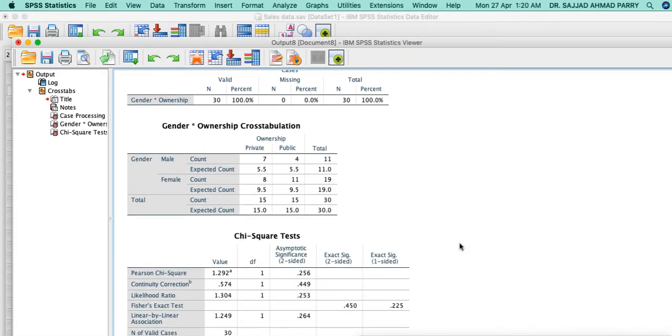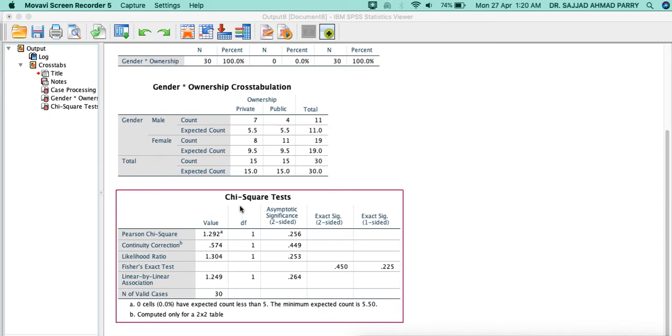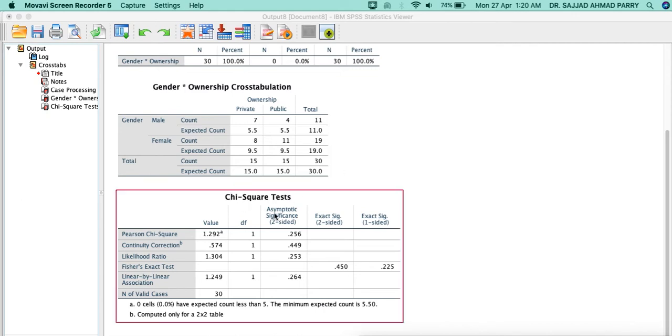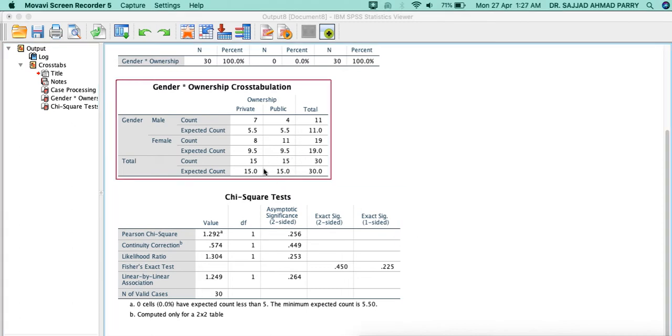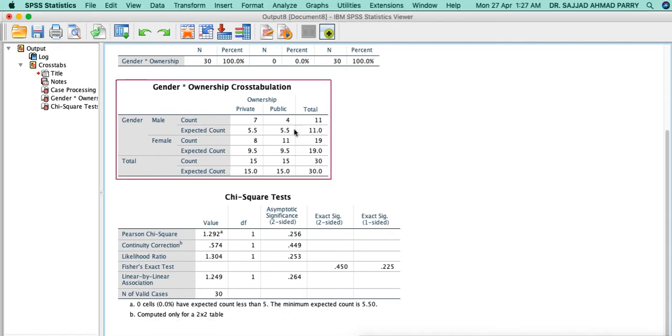Now see here, we have got this result here, right? Now if you see here from this chi-square table, we have here 0 cells and 0% cells have expected count less than 5. That is, technically now we can use this chi-square test. Fine. Now if we see from this data, there is like 0 cells have expected counts less than 5. If you see it from here also 5.5, 5.5, then we have 9.5 and 9.5 expected count. So no expected count is less than 5, and hence we can use here chi-square test.